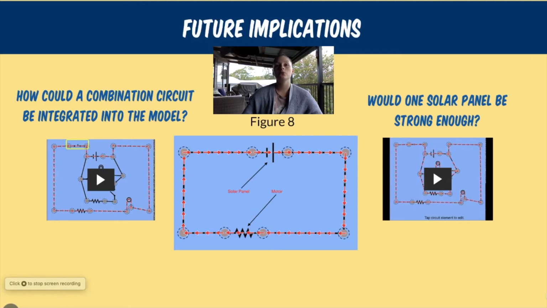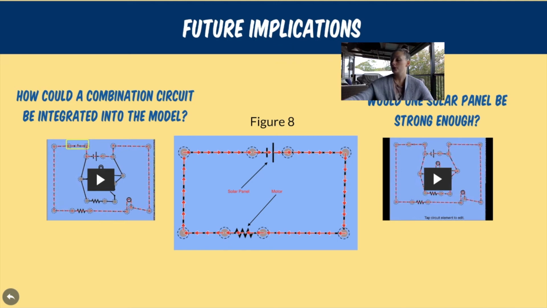So making this model allowed me to make a few future implications, such as how could I integrate a combination circuit into this diagram. So, as seen in figure 8, you can see that I only really used a simple circuit because I had one resistor, the motor, one power source, the solar panel, and wiring. So, how could we make this combination circuit? If we go into the video,